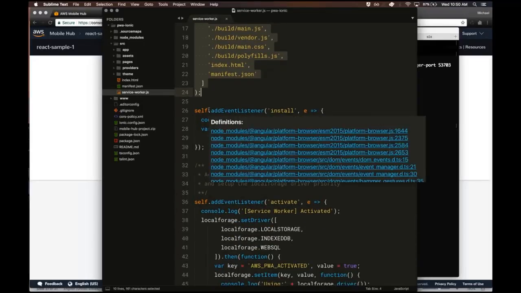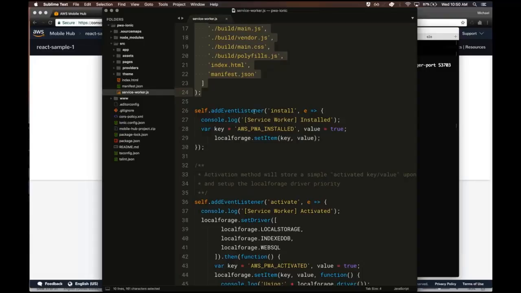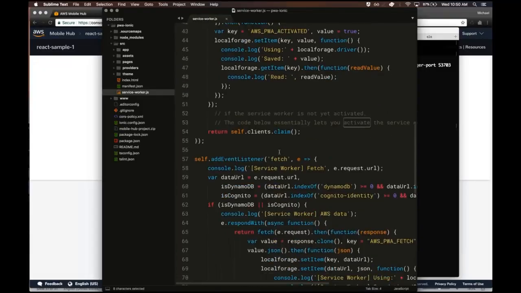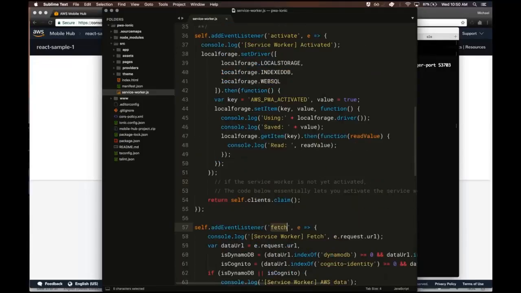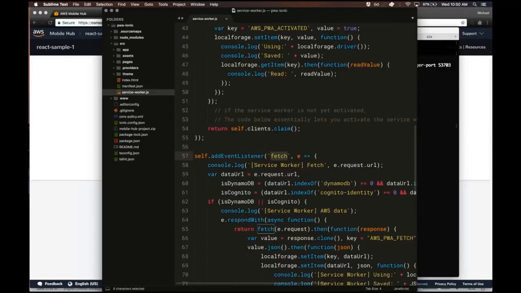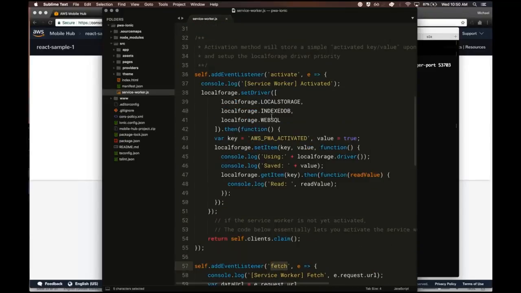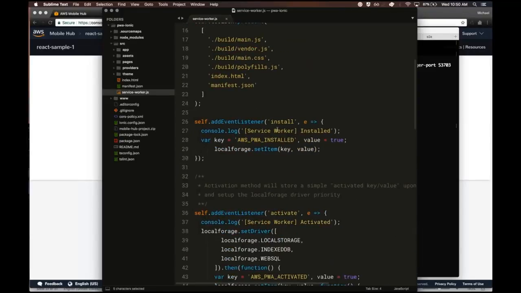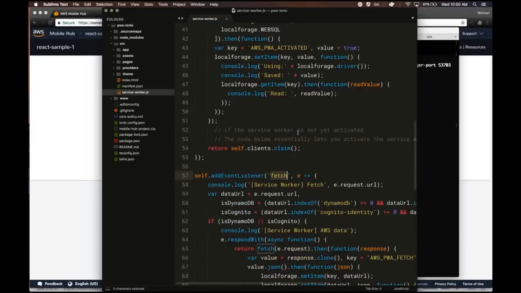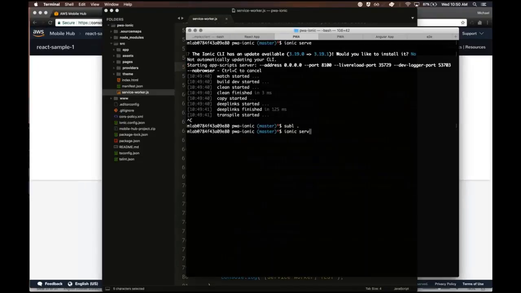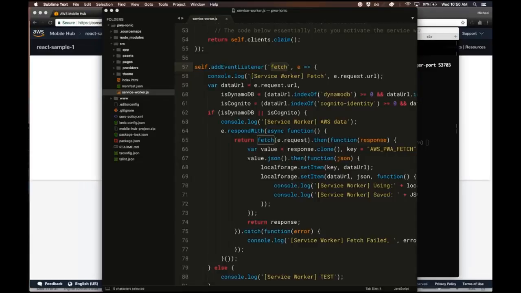So with a service worker, you can attach to lifecycle events like install, activate, fetch for network requests, and these will run every time a network request is made. Activate will run every time your application is activated, and install will run if somebody did add to home screen and installed the application on their device. So with a fetch event, this is going to run on all network requests. So it gives a way to catch network requests, cache them,